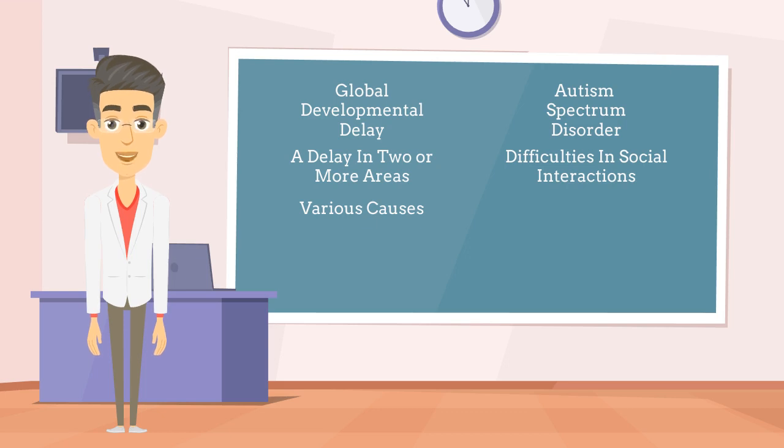The causes of autism are complex and involve a combination of genetic and environmental factors, though specific causes are often difficult to pinpoint. Children with autism may exhibit difficulties in social communication, such as limited eye contact, challenges in understanding and using nonverbal cues, and difficulty in forming and maintaining relationships. While global developmental delay and autism spectrum disorder share some overlapping characteristics, global developmental delay is a delay across multiple developmental domains, while autism is one of the developmental delay disorders that specifically addresses difficulties in social communication, interaction, and the presence of repetitive behaviors.